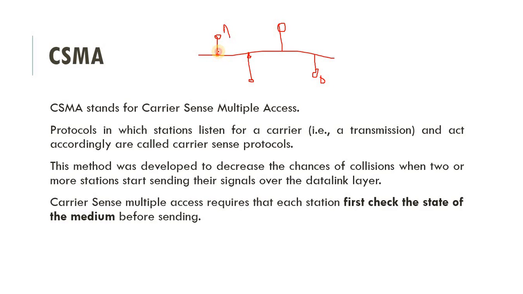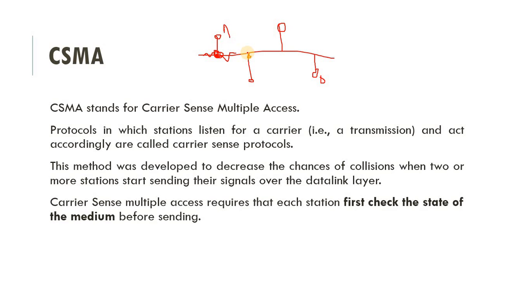So first it checks whether this channel is free or not. Suppose there is a signal passing through it, so it senses that the channel is already busy with some other signal, so we can't send our data in it. So it waits for some time, and when the channel becomes free, then it starts sending the data. This is how data is sent over CSMA.